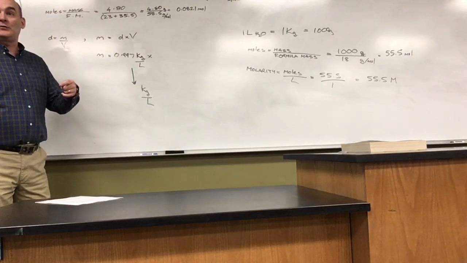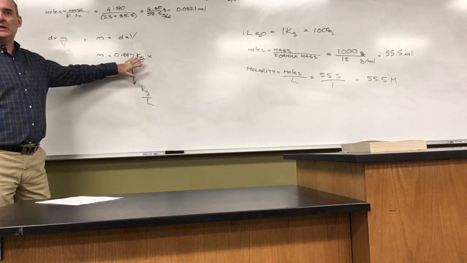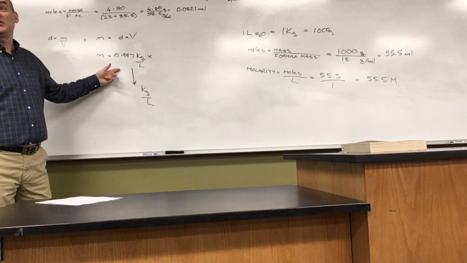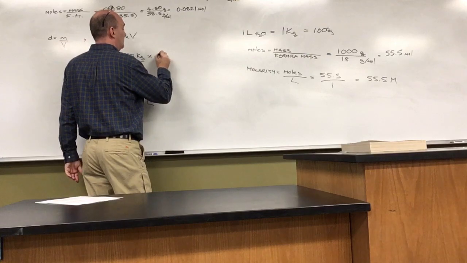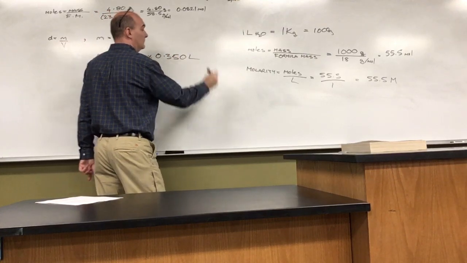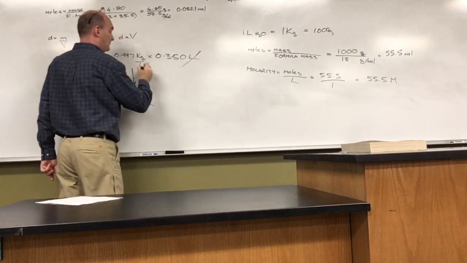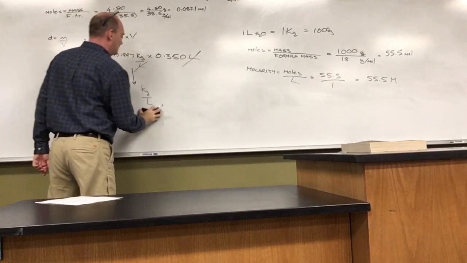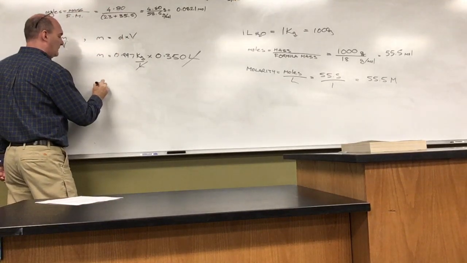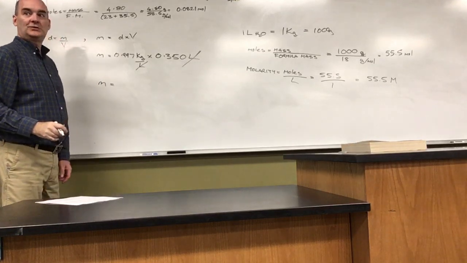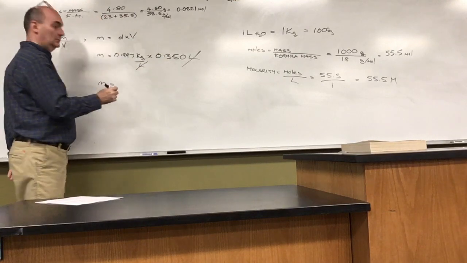Rather than change your volume to match the units of your density, just switch out the units of your density. It's now kilograms per liter. I didn't have to change the number because it's the same number. All right. The liters will cancel and it will give me an answer in kilograms. Which is useful. So 0.997 times 0.350 equals,